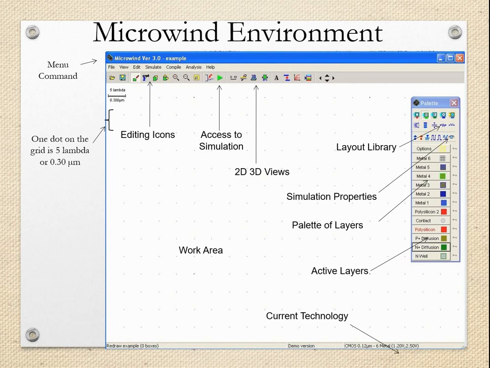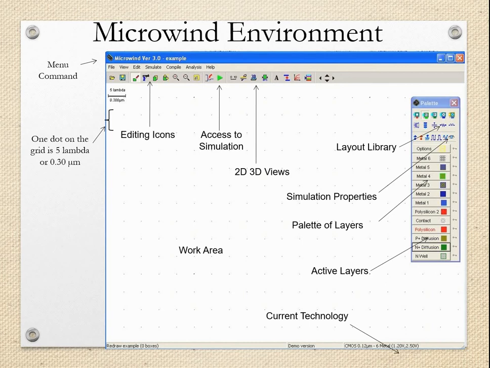So the layout library is available. Like if I choose a P MOSFET from here, directly the layout for P MOSFET is available, which is pre-designed and pre-tested. So from that library I can choose a particular component and I can take it for the layout preparation. Then once the layouts are prepared, we can go for the simulation purpose.